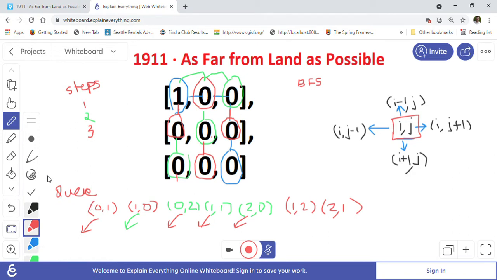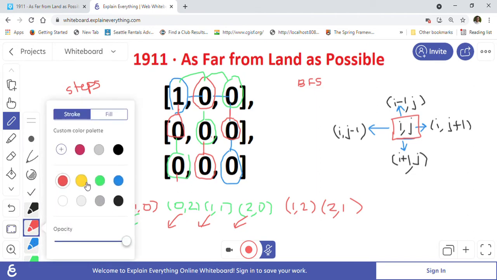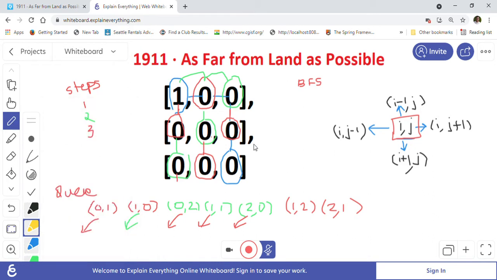I cannot move my color here, so I'll just put the red one here again. Okay, now I can pick it up. So now we are at this 0 and this 0, so we will take out 1 comma 2. This one is 1 comma 2, so we take it out from the queue and add this last one into the queue, which is 2 comma 2. So now we added 2 comma 2 here, and we will remove 2 comma 1 also. For 2 comma 1 there is nothing we can add into the queue because everything is already visited.